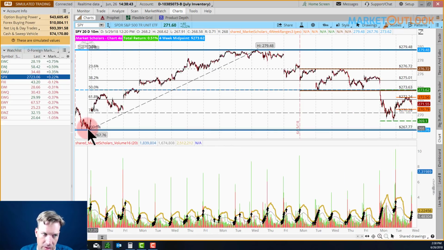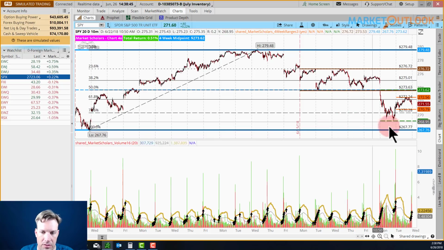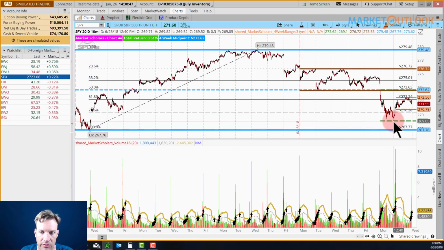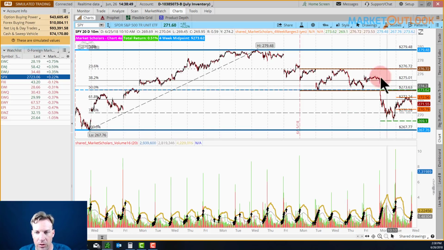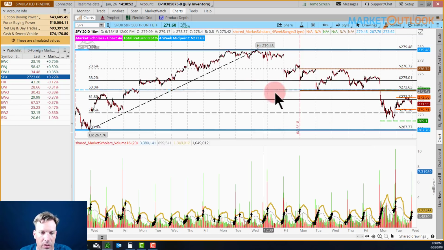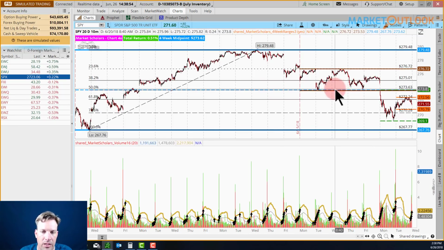All right, if you take a look now at our intraday chart, you can see the S&P, we're a day away. So this is going to pop off tomorrow, and this is going to be the new 4-week low point, yesterday's low. And then the 4-week midpoint, the dotted line here in the middle, is going to move off of last week's low point and move up a little bit higher.